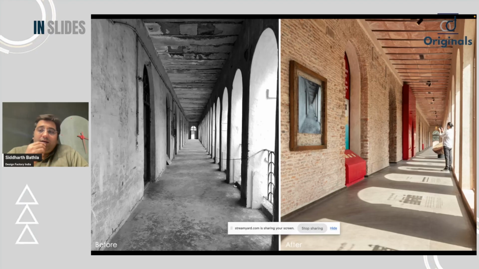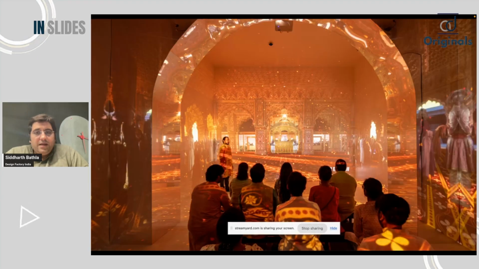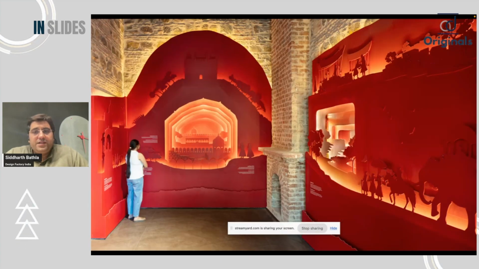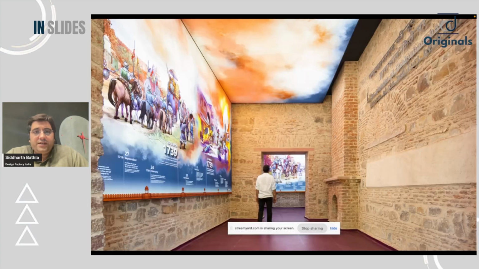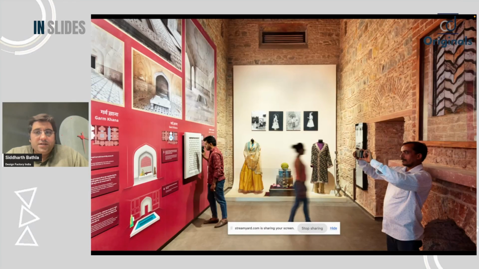Like for example, you see right now that everything is done on the floor and on the glass. What you see as information is all reflection from the sunlight, and we have not touched the wall broadly. It has been celebrated the way it is. So we actually took out all the plaster and all the tuna which was done on the building itself, and we conserved the original walls. There was a 360-degree show inside to show what was Red Fort at that time. Then, of course, there are a lot of dioramas and projections and hand sketched paintings, to different installations, to places where you can smell, you can touch.